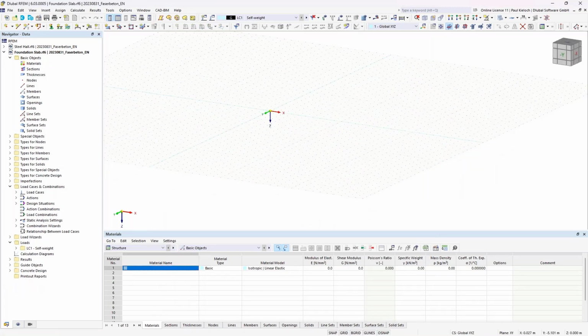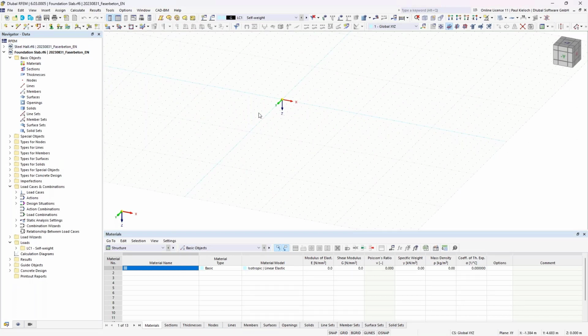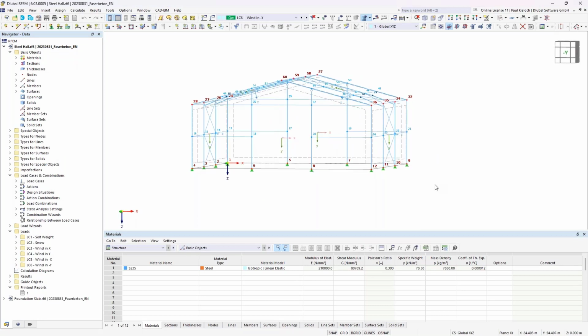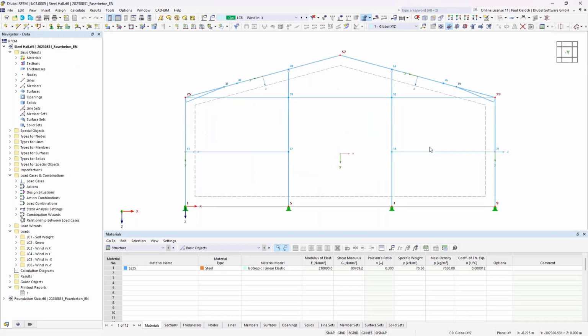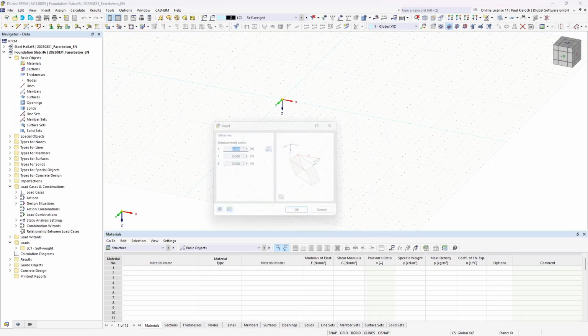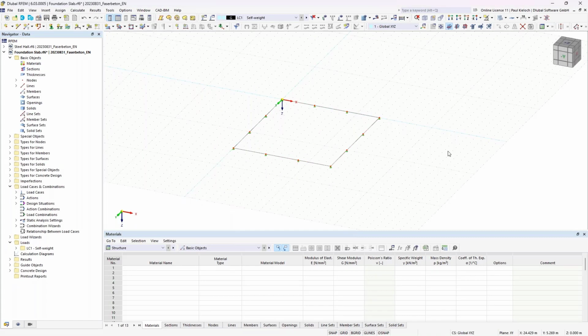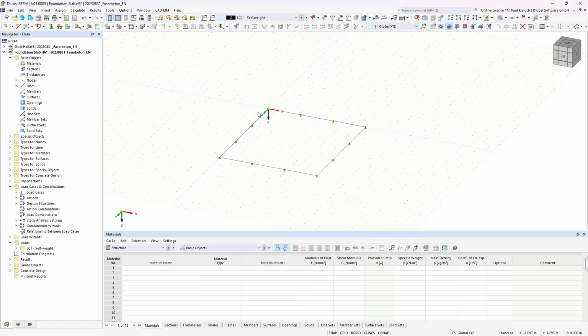And then this new file was created, and I will switch back to the file with the steel building, and I will select my nodes here, and with Control C and Control V I can import it here, copy and paste. So we have now the position of our nodes with the columns from the steel hall,